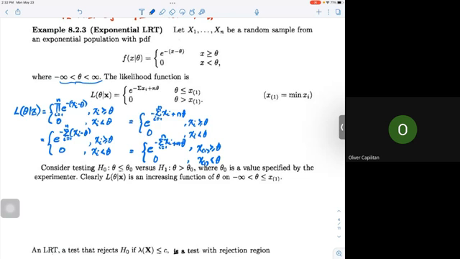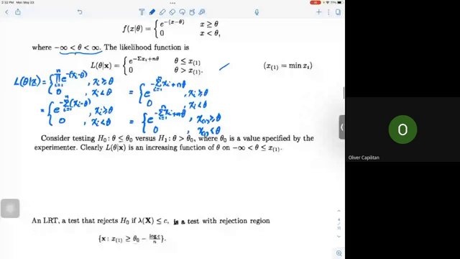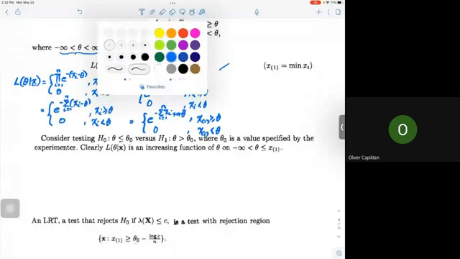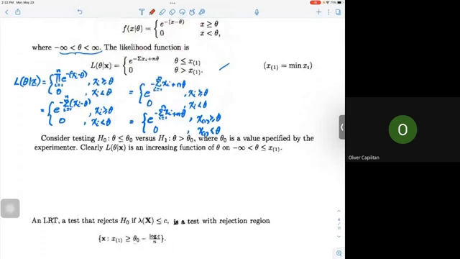Okay? So we got our likelihood function. Consider now testing the null hypothesis that theta is less than or equal to theta sub 0 versus the alternative that theta is greater than theta sub 0, where theta sub 0 is a value specified by the experimenter. In this case, it's hard to determine the maximum by differentiating our likelihood